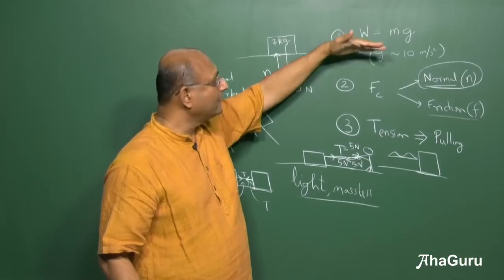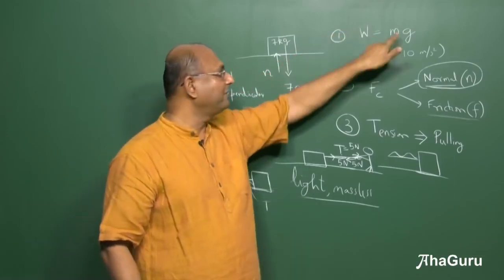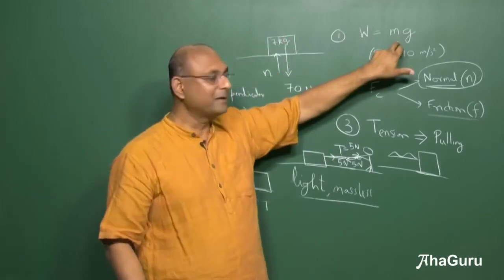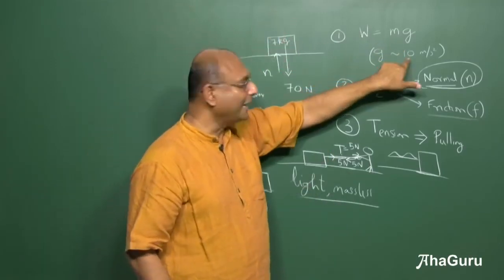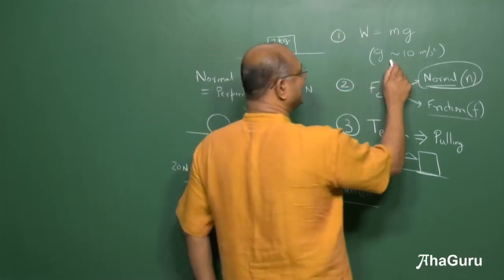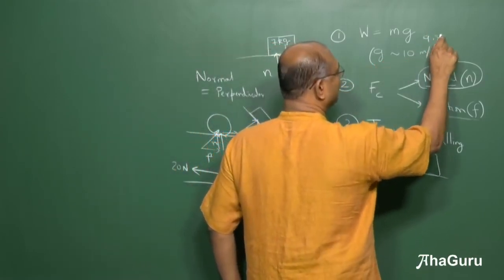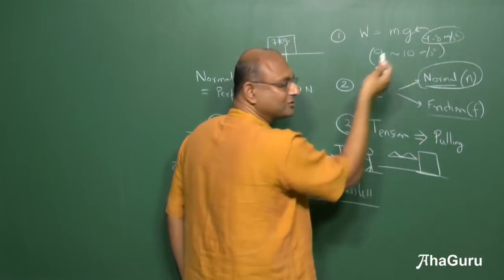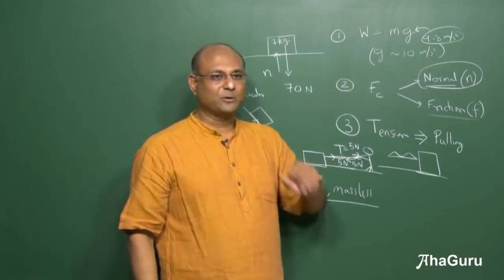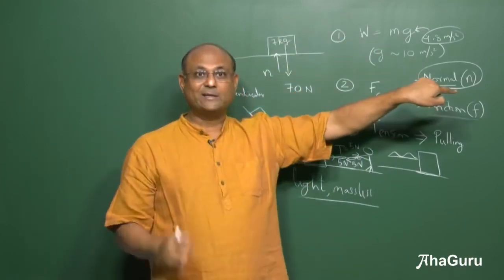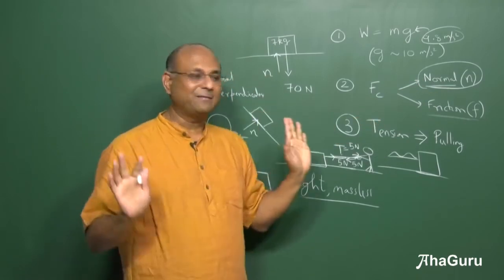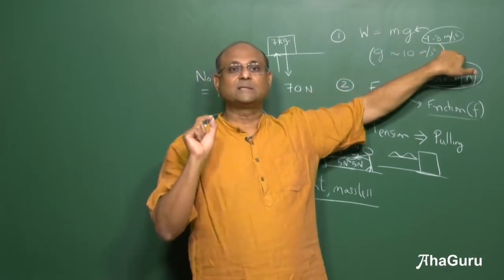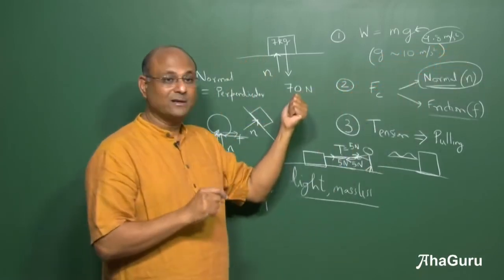Main forces, let's repeat. Gravitational force, always equal to mg on the surface of the earth. If you go very high up, this number will change. Okay, m into 9.8 or 10. More exact answer, we should be using 9.8. But many times we'll just use 10 for calculation, no? Otherwise it's much more difficult. 7 kg into 9.8 is too much work. 7 into 10, 70, very easy, right? So we'll use 10. In the exam, if they say use g equals 9.8, don't use 70,